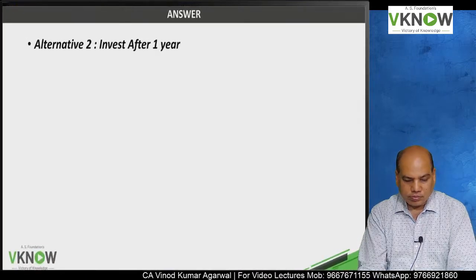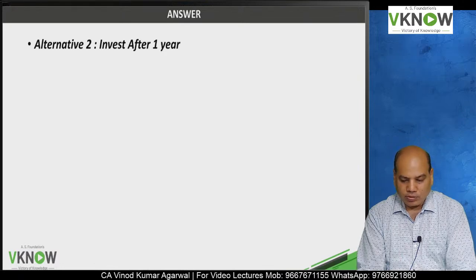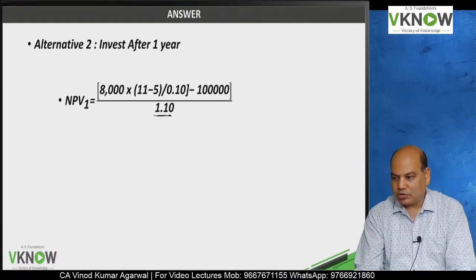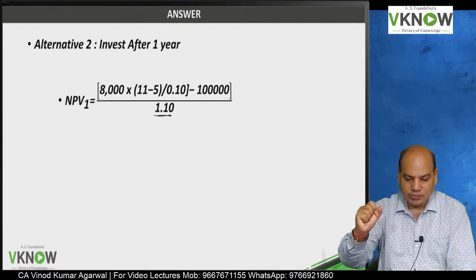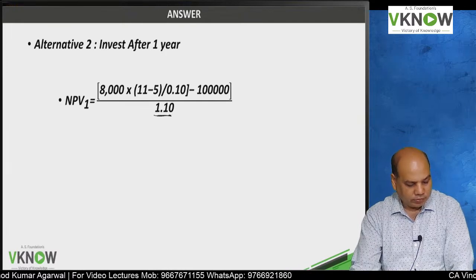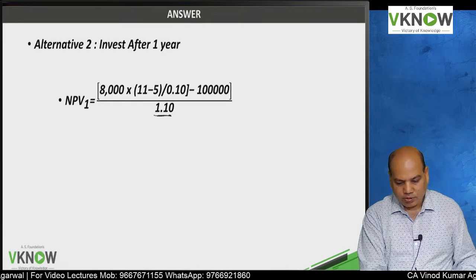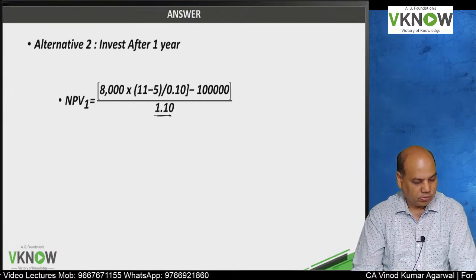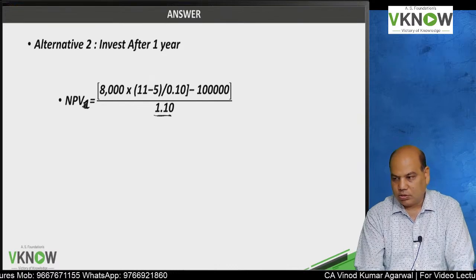Now write down option 2, invest after 1 year. Same formula, but one more thing I'll do. I will divide by 1.10 also the final answer, so that I get the present value today. Write down please. Invest after 1 year. Write down NPV is equal to